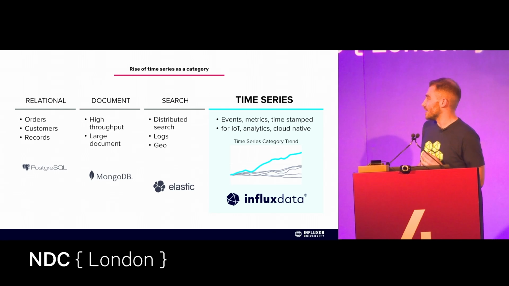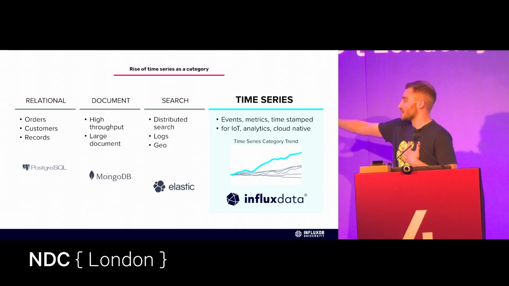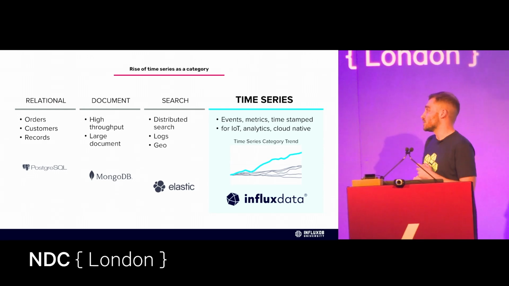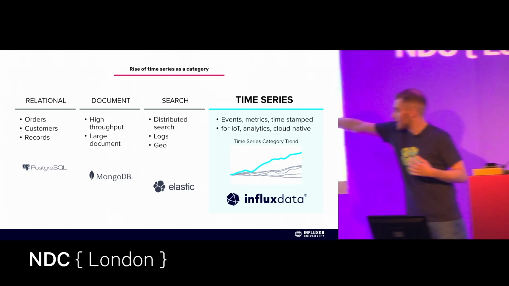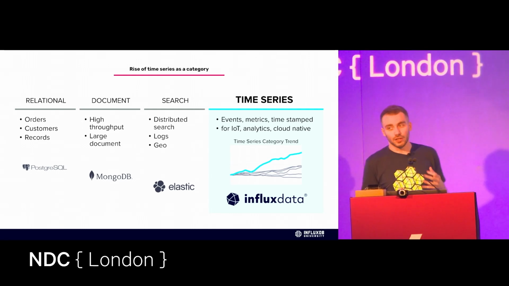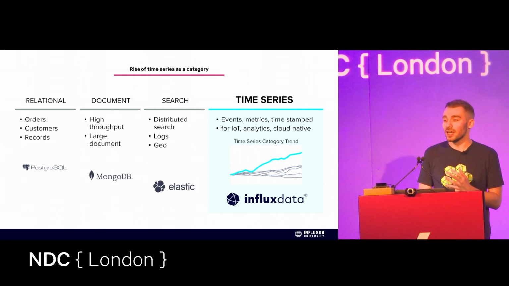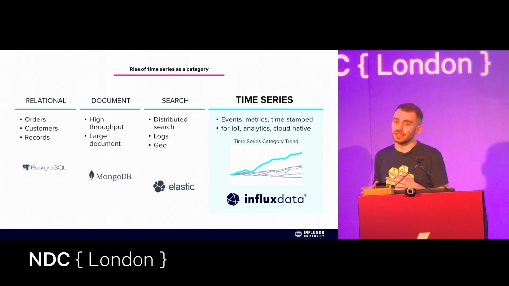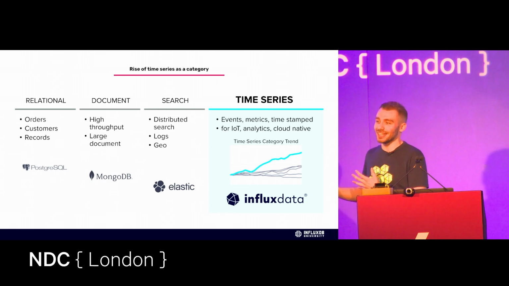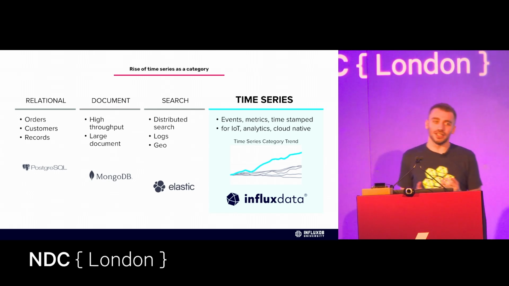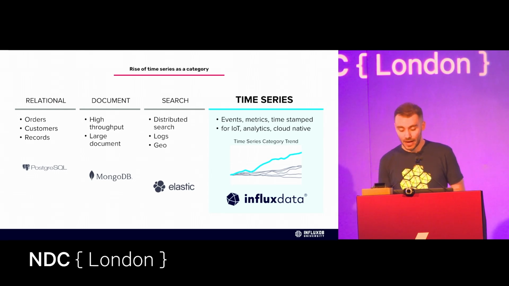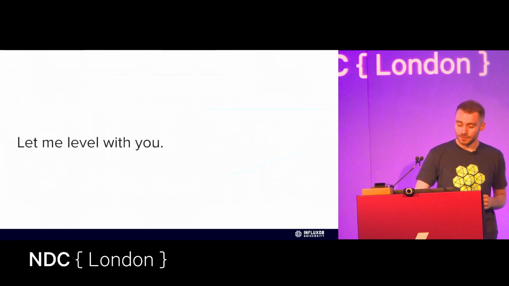And what you see, this is actually a valid graph, is that time series databases are on the upward trend. This is the progression of time series data here. We can see there's a lot more people adopting time series databases over any other database on the market at the moment. That's probably because it's become exciting to deal with time series data, so that's probably why we're seeing the surge. It's a great industry to be part of, and most people have time series data to play with.